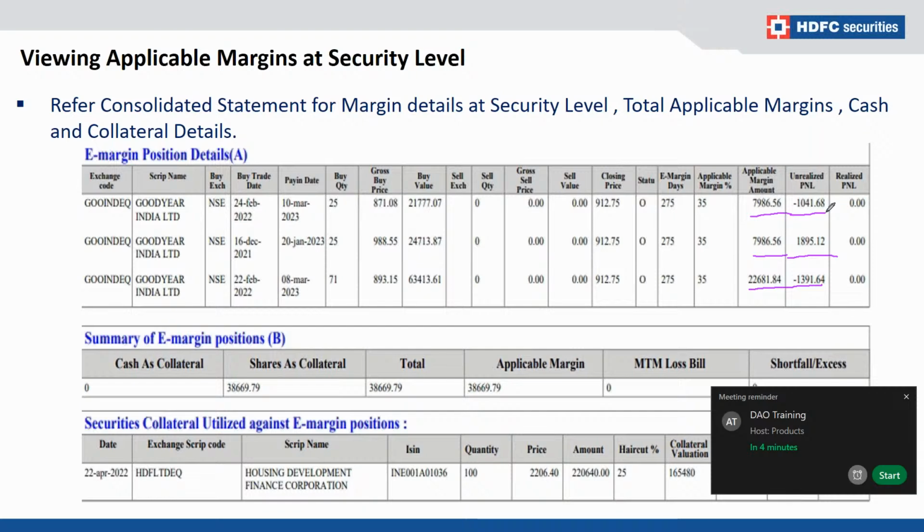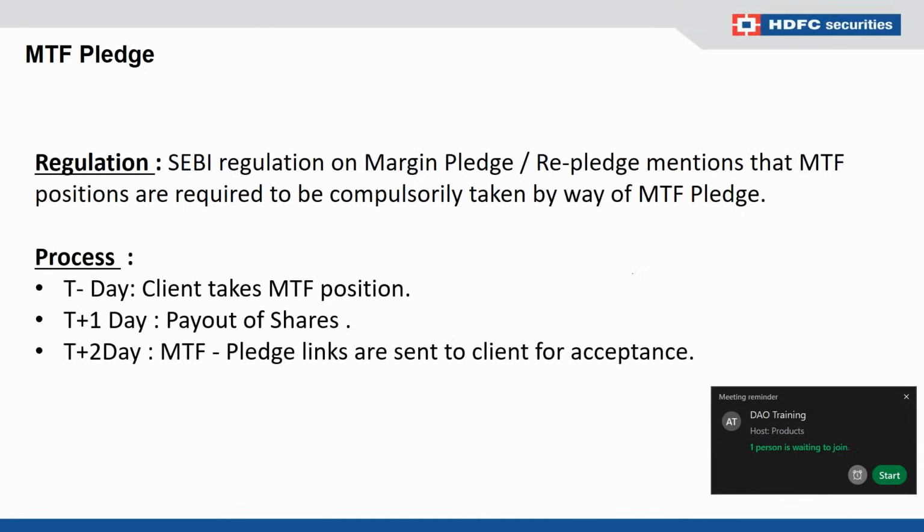So whenever customers take the MTF positions on a T day, for example, on a T day, the customer takes the MTF position. T+1 day, the payout of shares happens in the demat account. Once the shares are credited, on T+2 day the links are sent by depositories to the clients for acceptance of